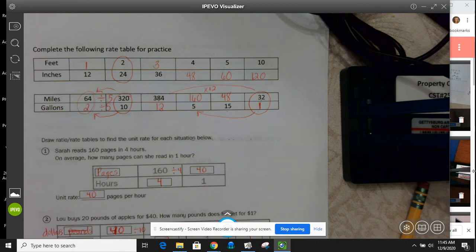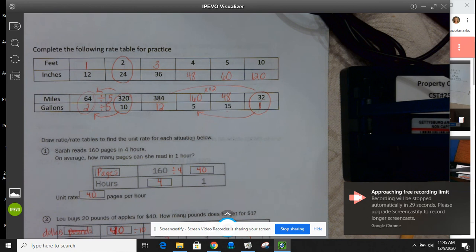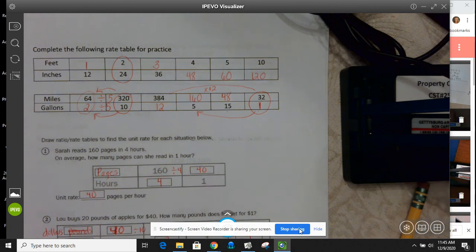Next, Jackie types 270 words per minute. Let me make sure I have this down. Words per minute. This would be correct. Words here, minutes, because I have 6 here, 270 here. And what do I do with 270 to get 90? I'm going to divide by 3. So here I have to divide by 3 and I get 2. And then my 1 unit is going to be a ratio of, I'm going to divide by 2 to get